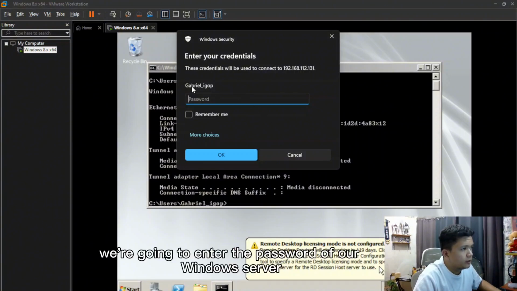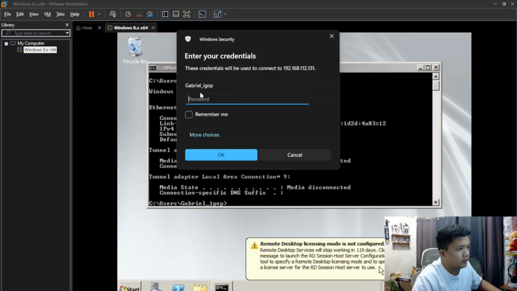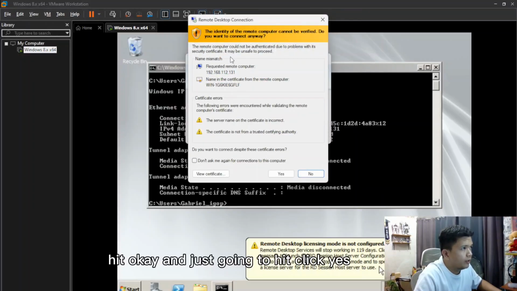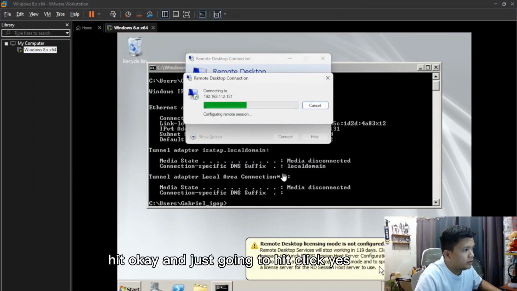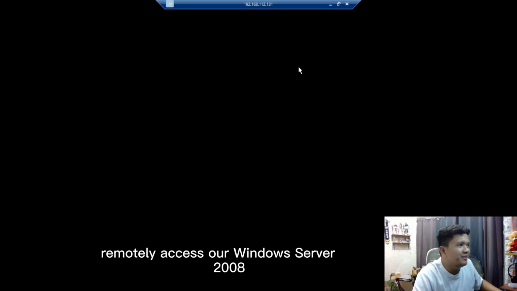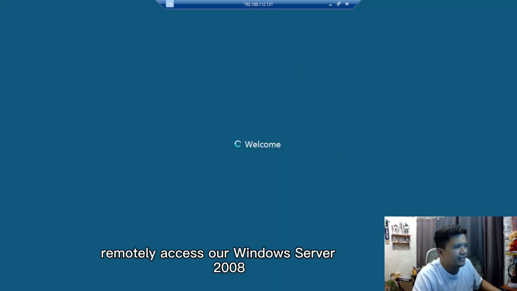We're going to enter the password of our Windows Server, hit OK, and just click yes, and there we've successfully remotely accessed our Windows Server 2008.